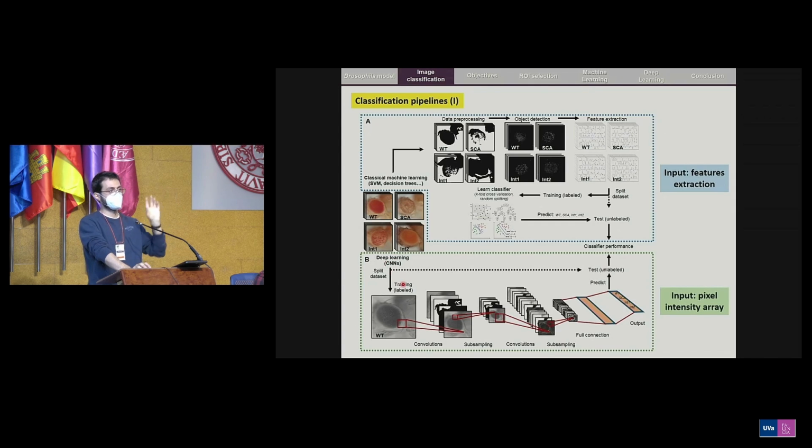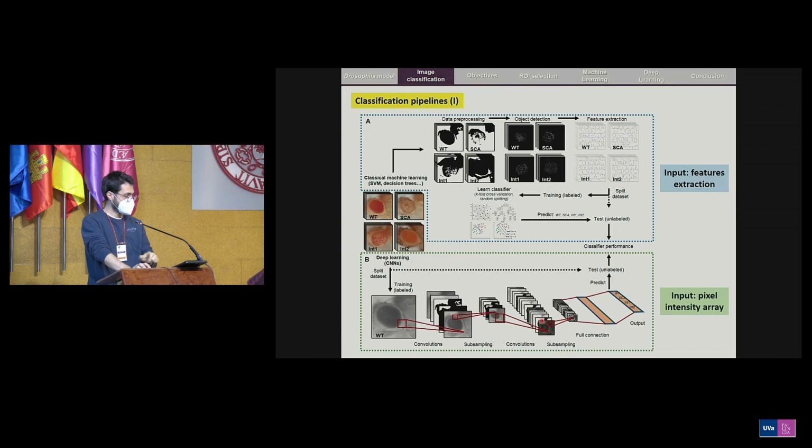You get the pictures, and the deep learning algorithm can automatically understand what is going on in the picture because they have these consecutive layers of processing. So in the end, you end up comparing which is the best machine learning algorithm that I can use to quantify my data and to correctly classify my images as a wild type, as a degenerated, or as an intermediate